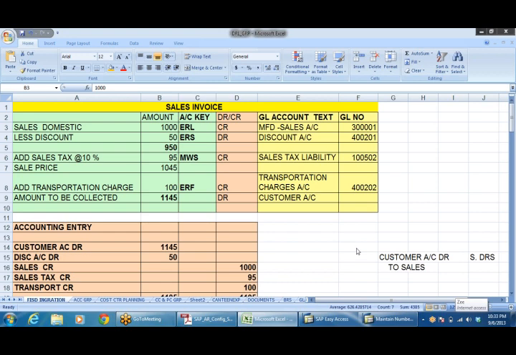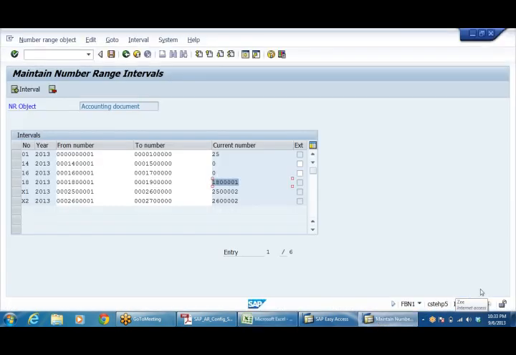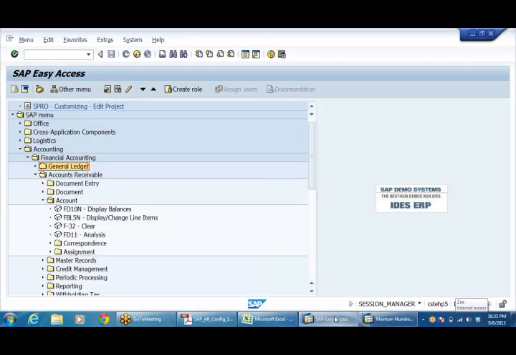In financial accounting, it is not our job to raise the invoice. That is sales and distribution. All facilities are given there. But for us, as I told you in the beginning, we are not responsible for posting of invoices. That's the reason data will be flowing from the sales and distribution module to financial accounting. But since we do not have the sales and distribution module, I am directly posting the financial entry. That is, the entries that are going to flow from the SD module, we are directly posting into the financial